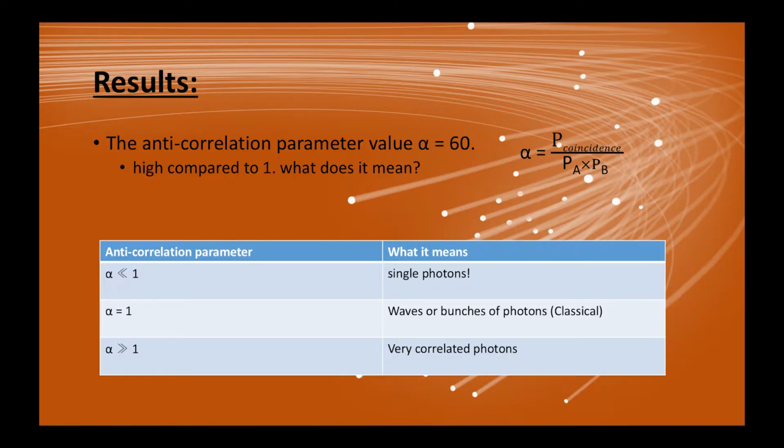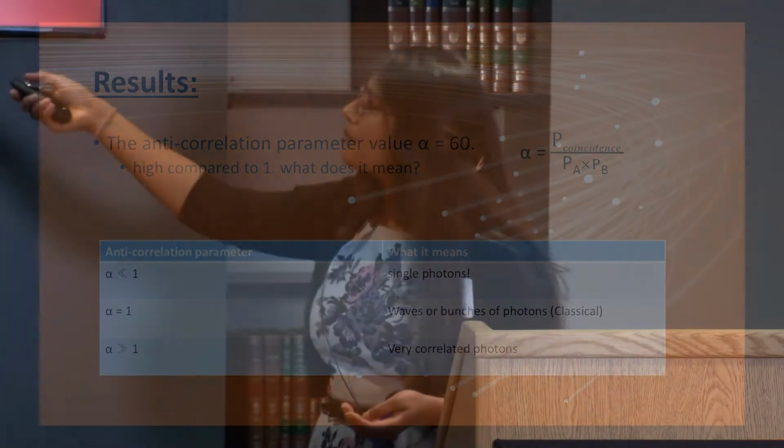I mean, of course. If those photons are being produced at the same time, and the path is the same length, then they're always going to reach the detectors at the same time. That means it's always going to be a coincidence, or most of the times. That's why I got a 60, meaning I have very highly correlated photons coming in. This experiment tells me that you have single photons, but they're coming in pairs.